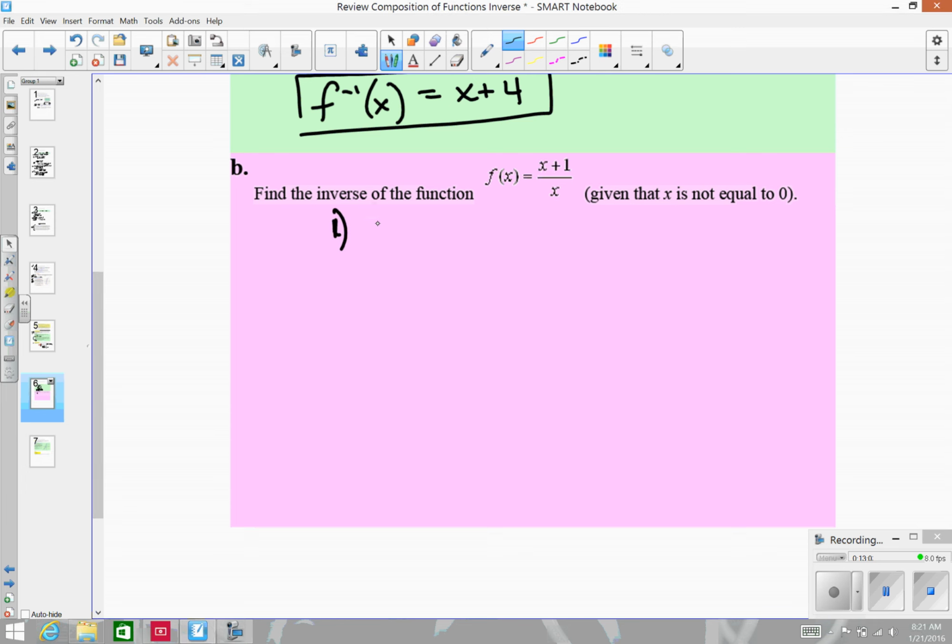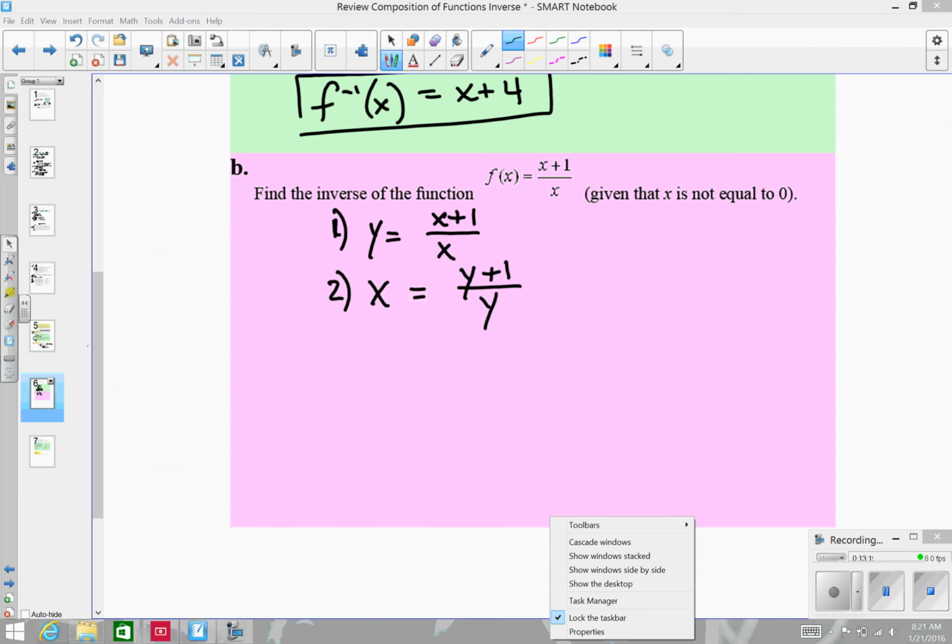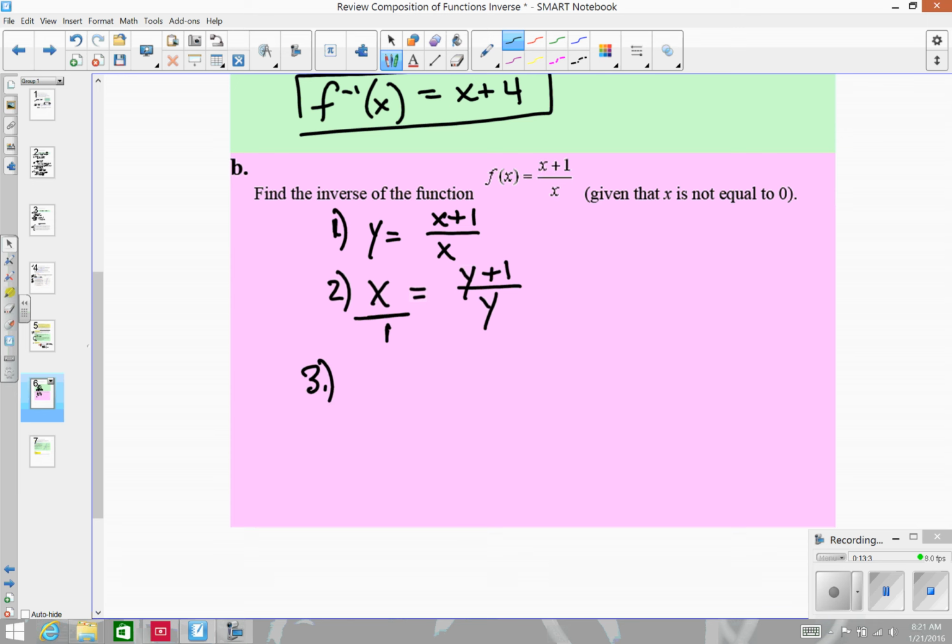First step, I'm going to replace my f of x with y. Second step, switch my x and y values. And then I have to isolate my y, get y by itself. I've got it in both the numerator and the denominator of the fraction, so I think what I'm going to do here is cross multiply. So I will get x times y equals 1 times y